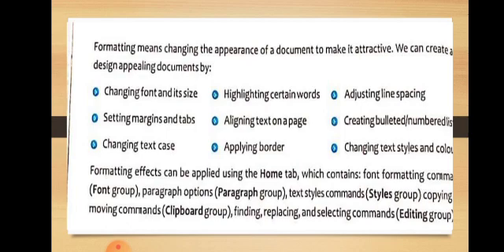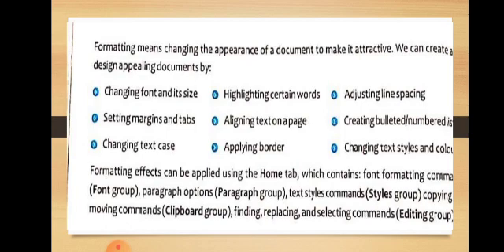You can change the text case and apply the borders, and also you have the options of changing the text style and color. Dear children, there are so many options to make your document look attractive that when you see the document, you will find it looks appealing.